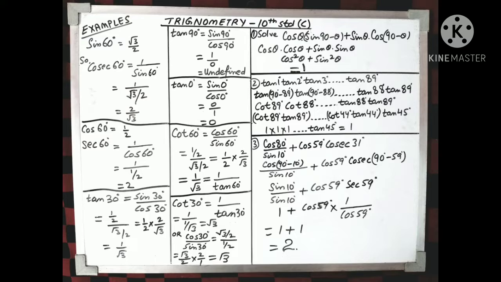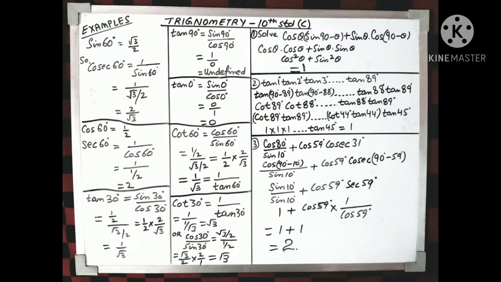On calculating, we get cot 89 into tan 89 is 1. Similarly, for all the pairs we will have the answer as 1, and in between we will have tan 45 as 1. So finally the answer will be 1 into 1 into 1 and so on till tan 45, and the final answer will be 1. I hope it is clear. You can listen to it once again and you will get a clear idea how this question was done. Okay. So finally, let's see the last question.